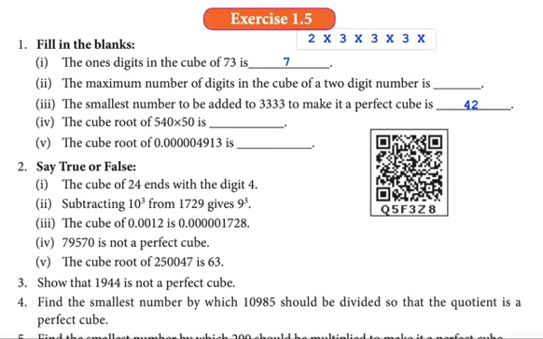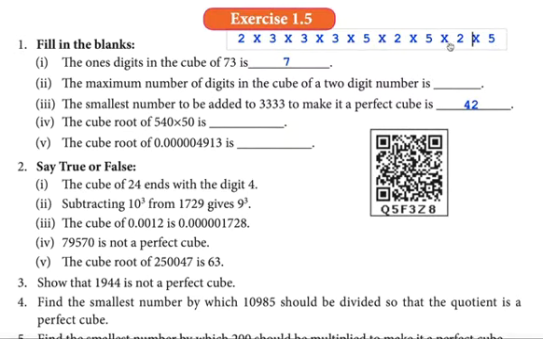54. One more 5 is there. 100 is there. 100 can be written as 10 into 10. 10 can be written as 2 into 5, prime factorization only I am doing finally.